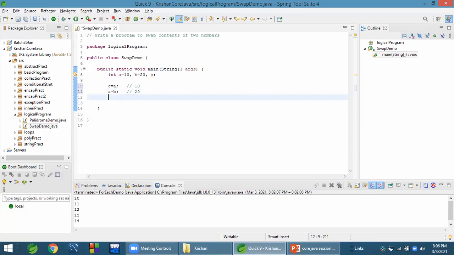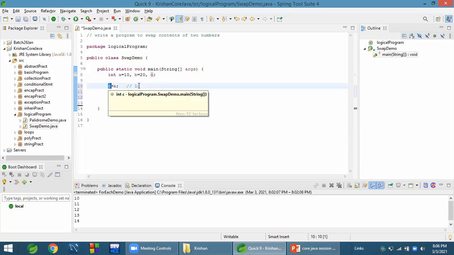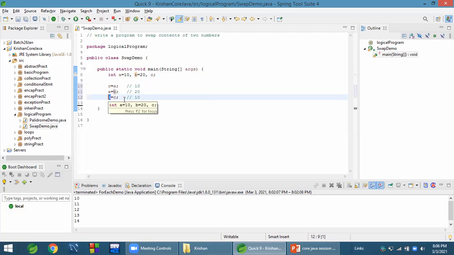Now B equals to C, semicolon. B has 10 now, because in C it was 10. So when I did B equals to C, then 10 was stored into B. 20, 10. Now values of A and B are swapped.